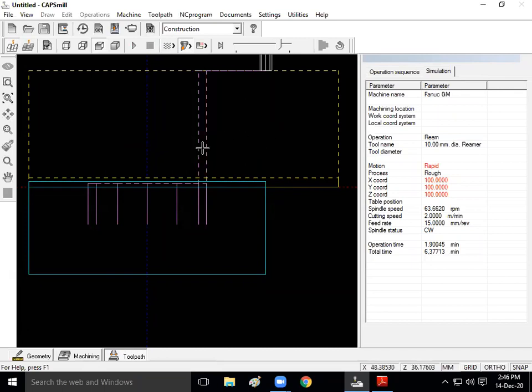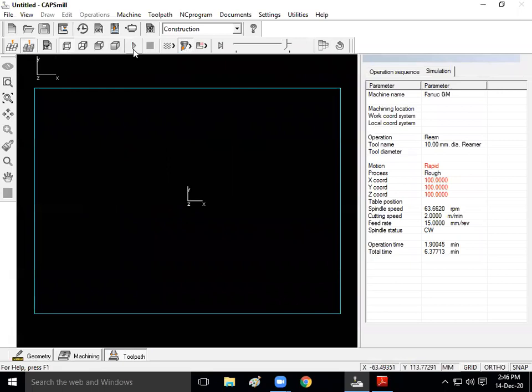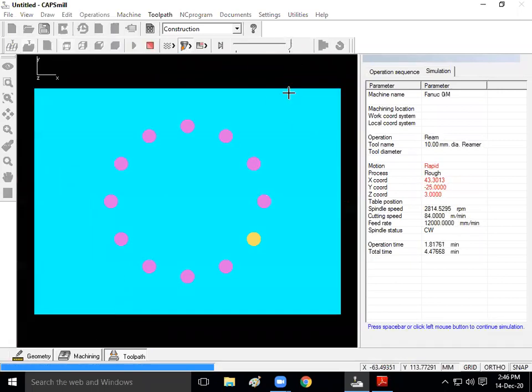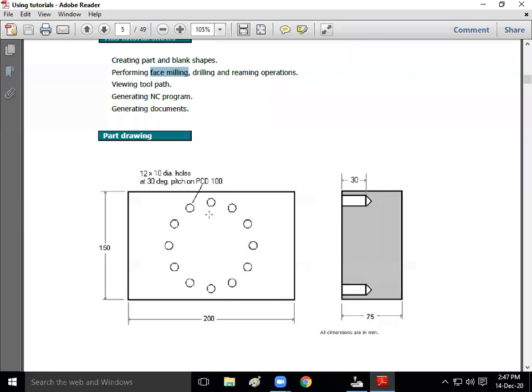So this was the side view. If you see the top view, you can see we got the same profile.